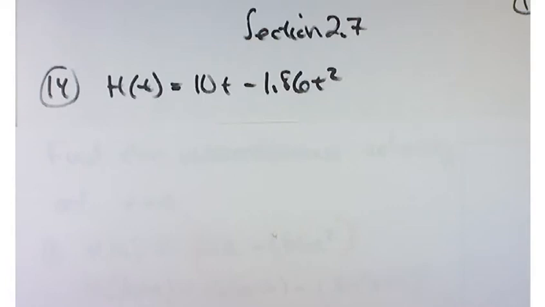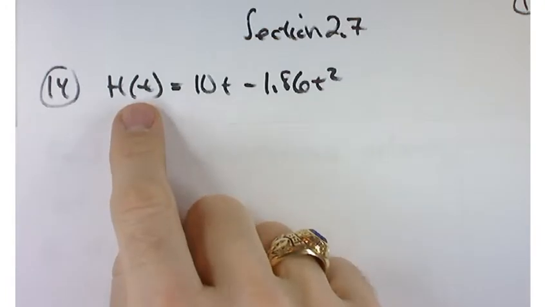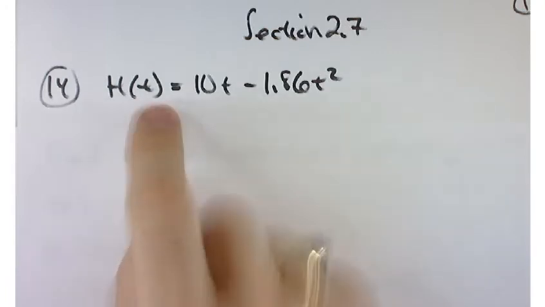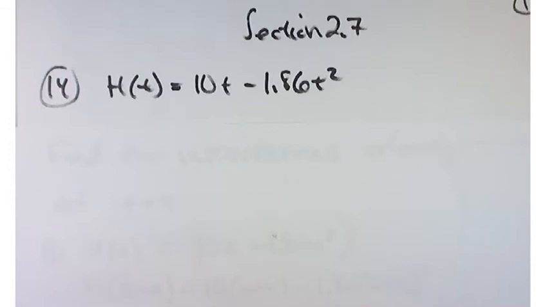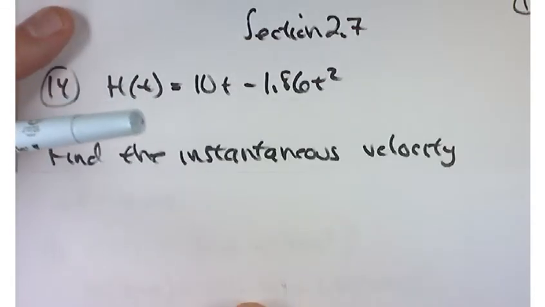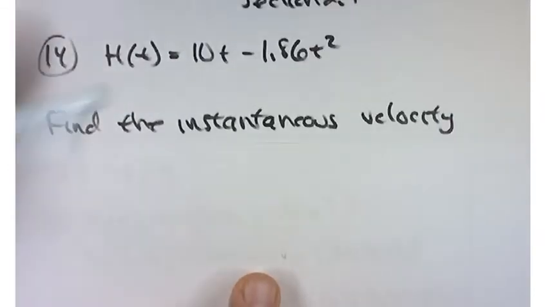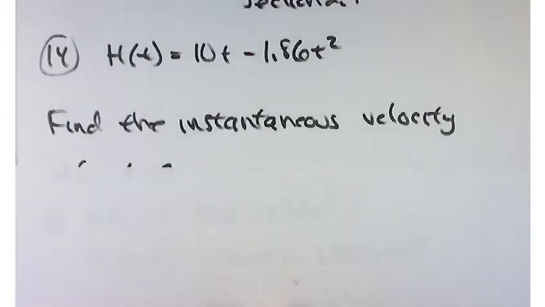So we worked with this problem last time. It was problem number 14, section 2.7, and it was the height of an object thrown from the surface of Mars, and that height, its position, is given by this function. H of t is 10t minus 1.86t squared, and the problem was to find the instantaneous velocity at a particular time. So that instantaneous velocity is going to be given